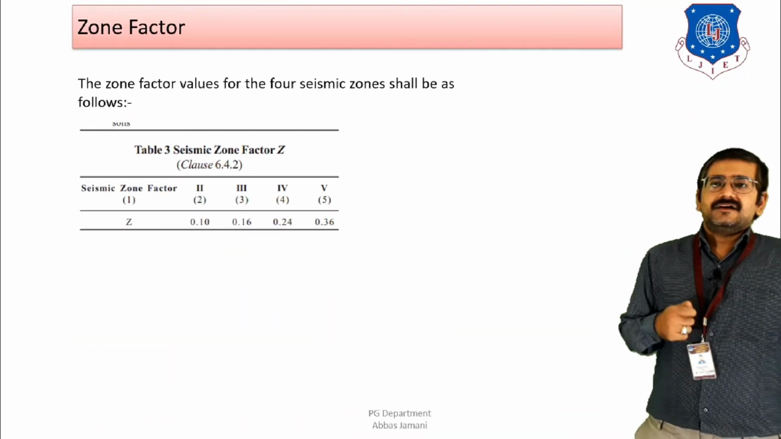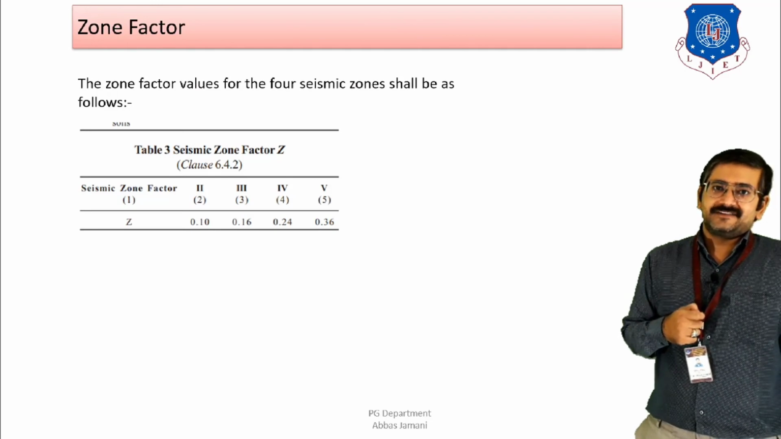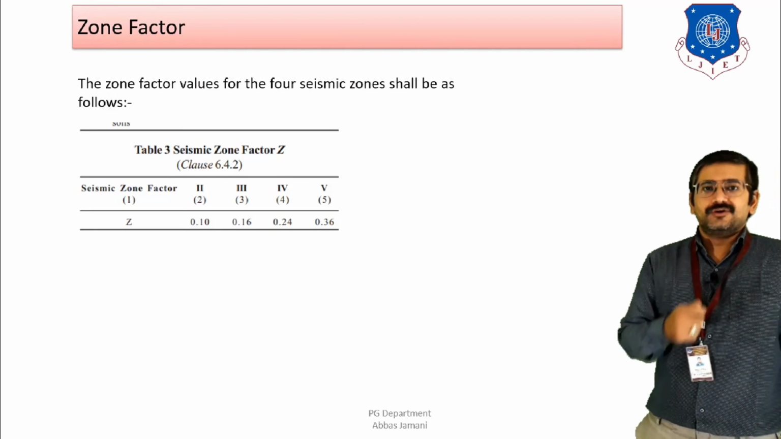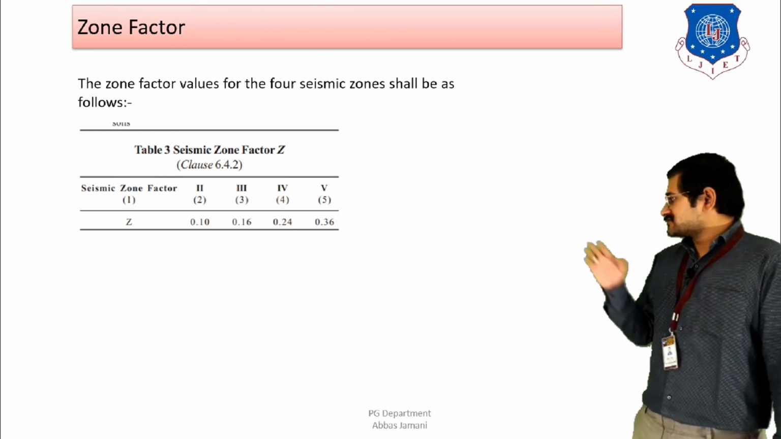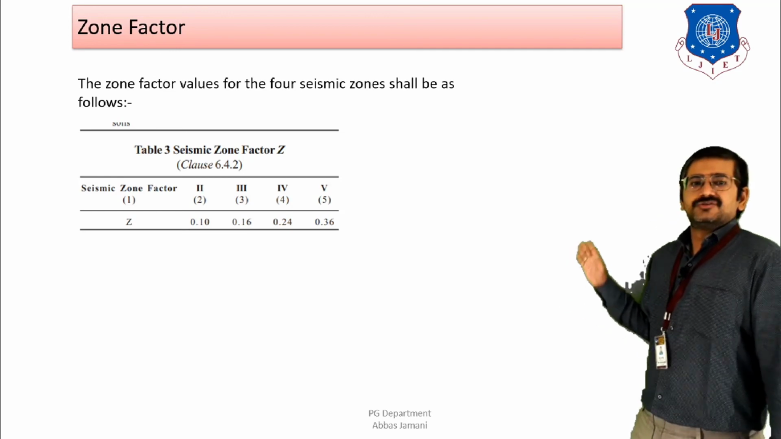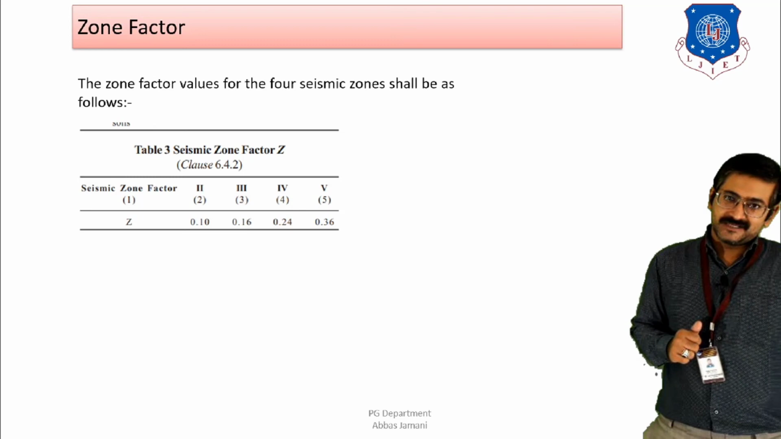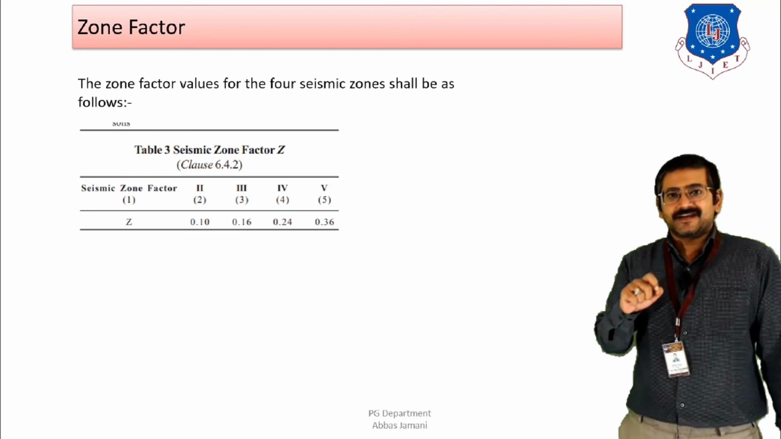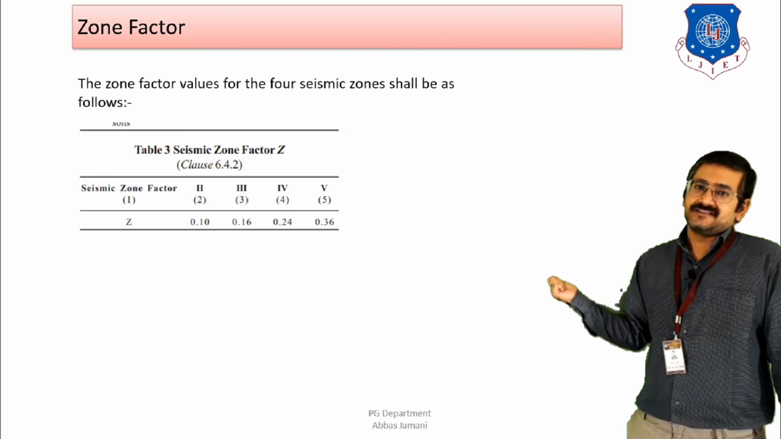And lastly, we look at the values of zone factor that are mentioned by IS 1893-2016 depending upon the location of the site that is mentioned in the seismic zone map of India. That is, for zone 2, the value is 0.10, zone 3, the value is 0.16, zone 4, the value is 0.24, and zone 5, the value is 0.36. So the value of AH is equal to ZISA by 2RG, where Z is the zone factor. So that value of Z is to be taken from table 3 that is mentioned over here in IS